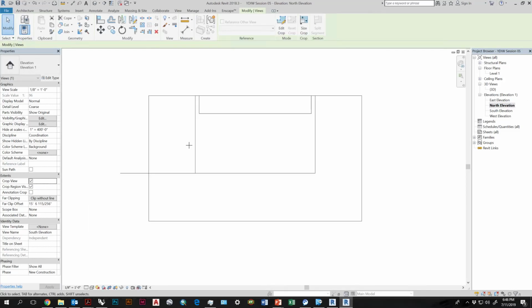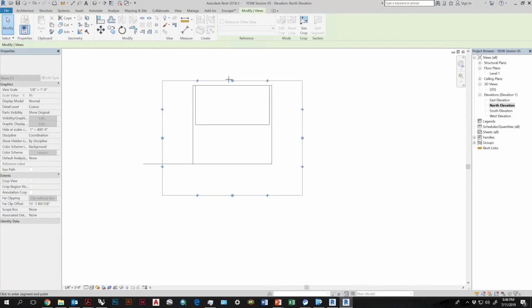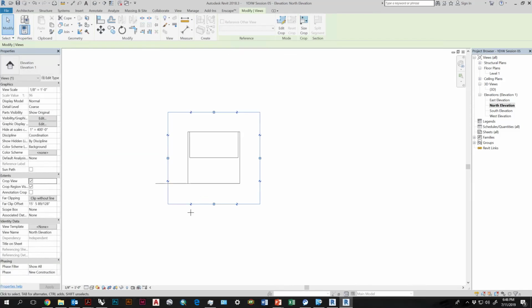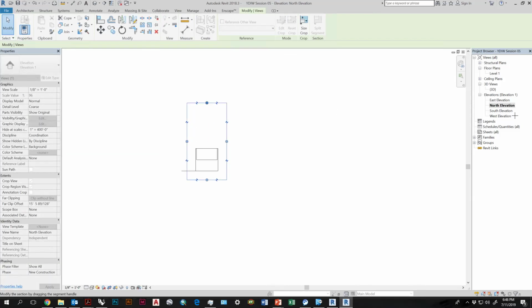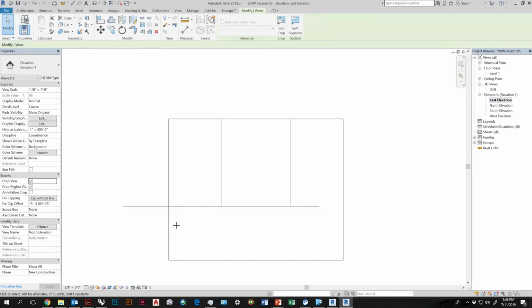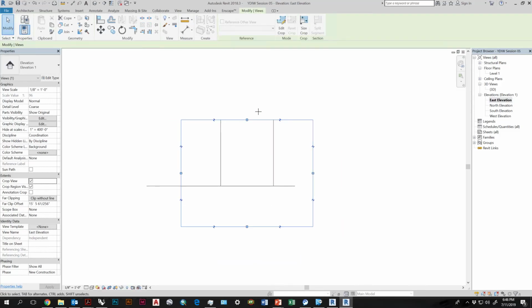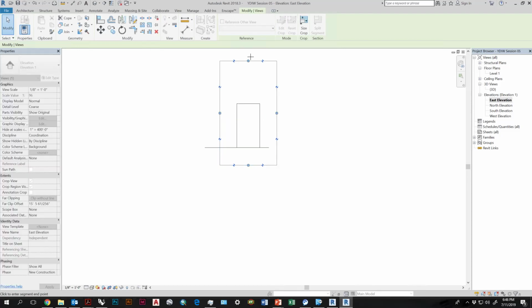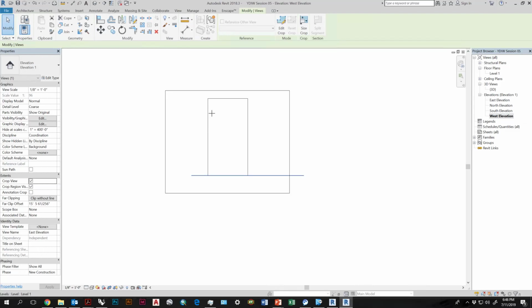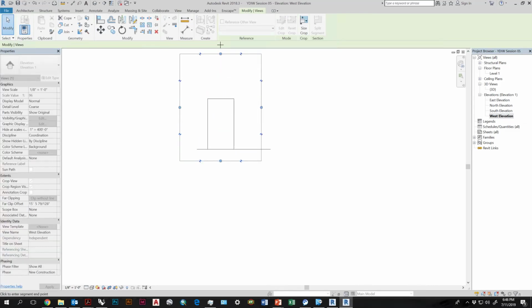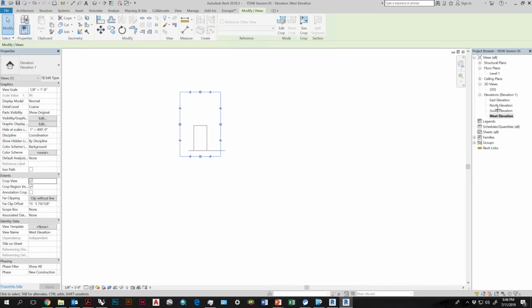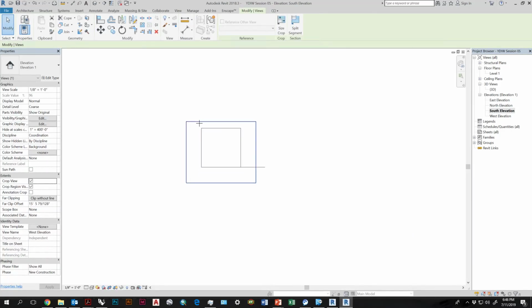Let's go ahead and do that for all of these, so we can see the entire building at once. And I'm probably going to want to go a little bit higher, because I don't know how tall I want to make this building, but I'm going to make it tall probably. Since I work for SOM, that's just what we do.